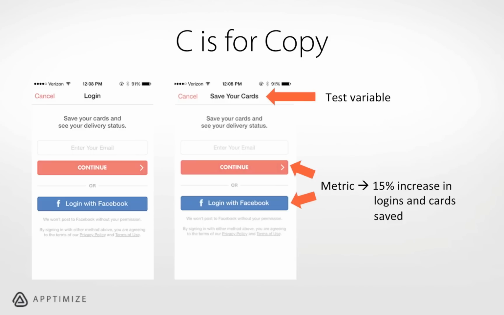Yep. And testing this takes seconds. And now they're thinking about, well, since Save Your Cards is a great label at the top, do they need the second label that says Save Your Cards and see your delivery status? Maybe it becomes redundant now, and then that's a new test. And then maybe testing whether or not you need the email button there as well, or you need the Facebook button there as well. It becomes an iterative process where they're constantly improving and they're getting that metric of logins,